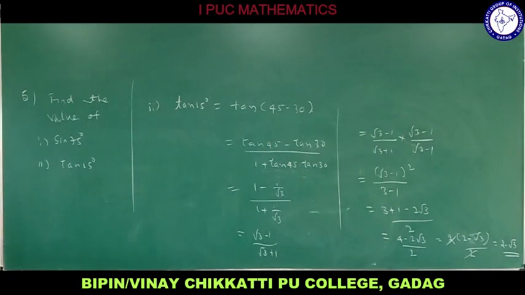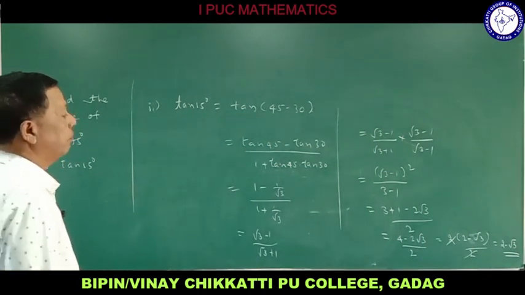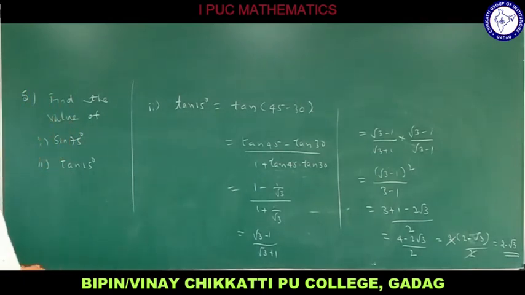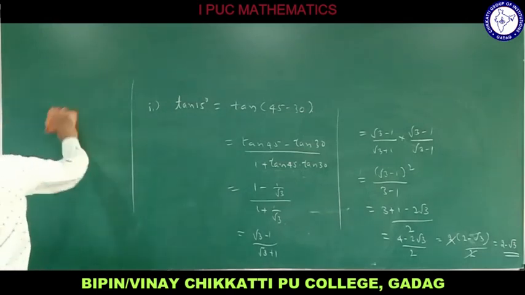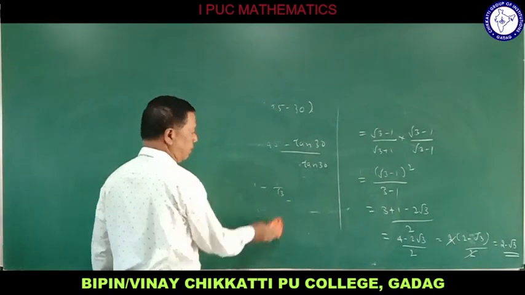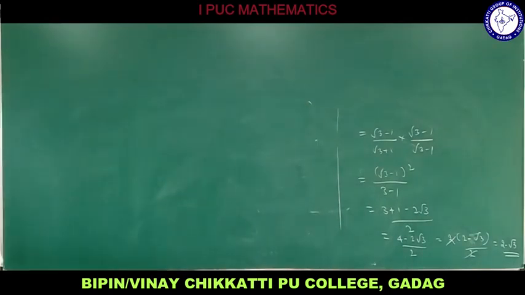This is the way we find the value of tan 15 using sum and difference of trigonometric functions. This is the end of problem number 5. Problem 6 is for you. Now I am going to take the 7th problem, how that can be done. What is the 7th problem? Prove that